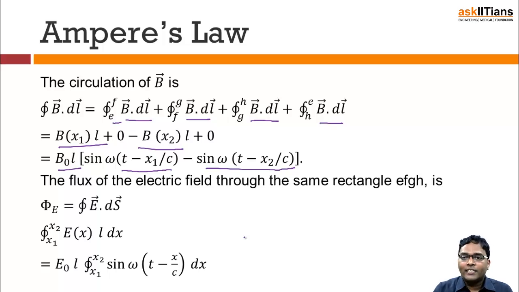Right? The expression is ∮B·dl, which is going to be equal to μ naught ε naught dΦE/dt. So ΦE is the electric flux. For the electric field, we will be doing the same thing like we did in the case of Faraday's law. We'll be integrating over that small strip, from x1 to x2, where the vertical length was equal to